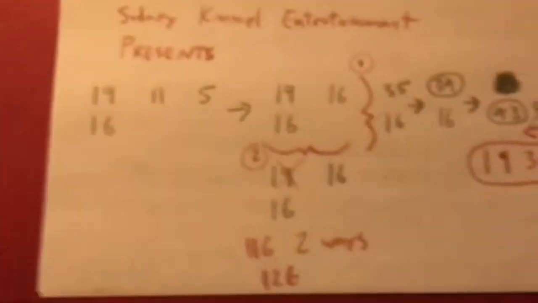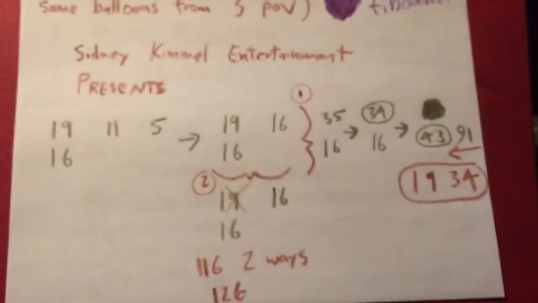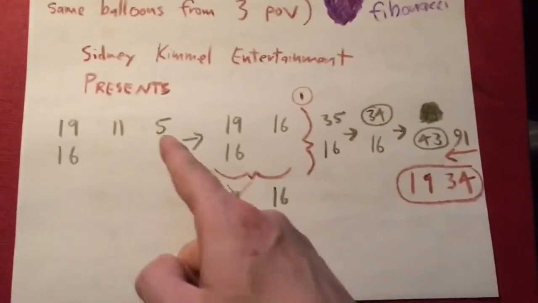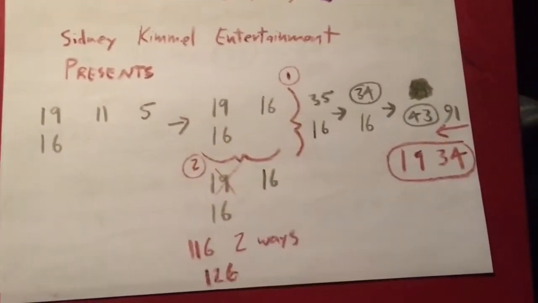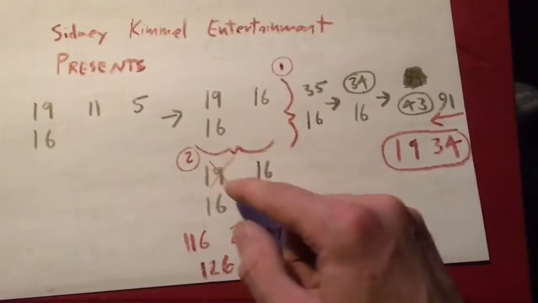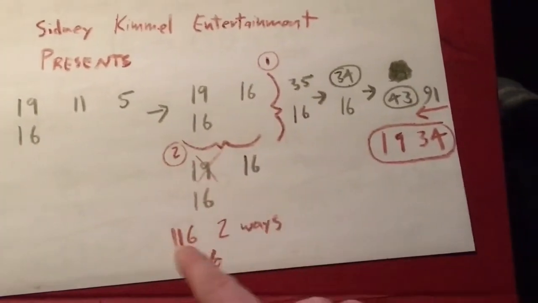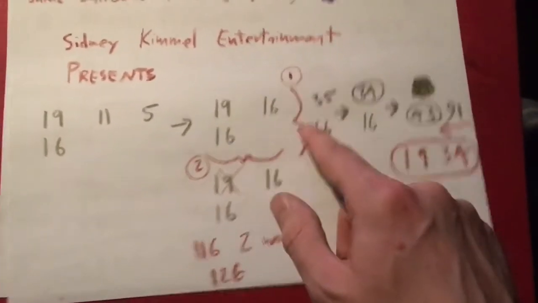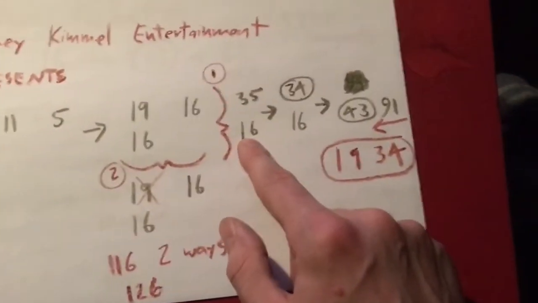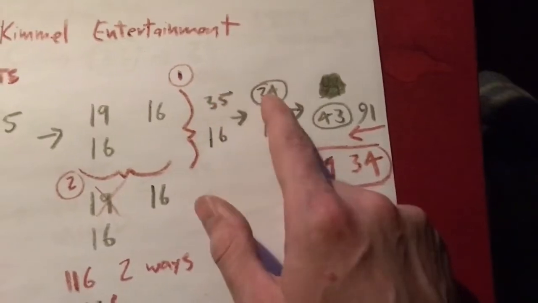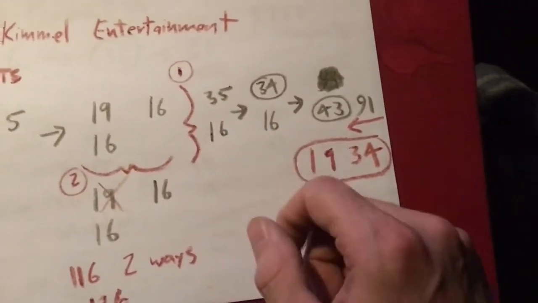Let's see. Okay, so like Sidney Kimmel Entertainment would be a 1911 516, which is just like, that could be a 16, so that's like a 1916 16. Now, one way is the 9 cancels, but you have a 116, 116, 2 ways, or 126. And the other way is that your 19 and 16 is going to be a 35 with a 16 at the bottom. Now, if you're going to just take a 34 circled is equal to a 35,